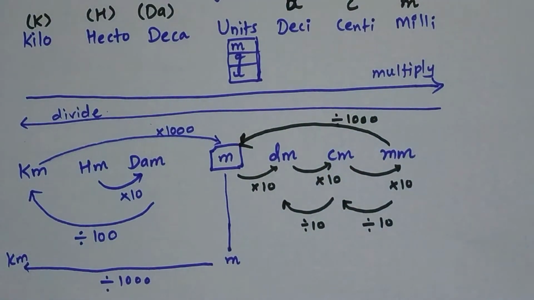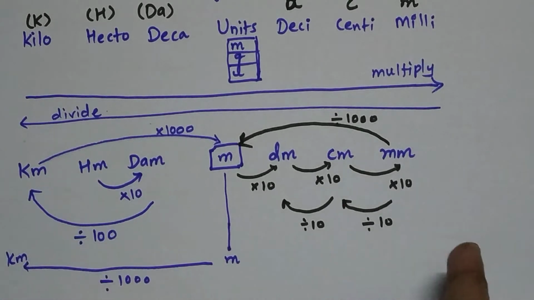So in this way you can take the convergence depending upon the number of jumps you are going to take, and just mentally keep in mind in which direction you are going, right or left. From the higher to the lower units means multiply, to the right hand side, multiplication. And when you go from the right hand side to the left hand side, from the lower unit to the higher units, you will divide.